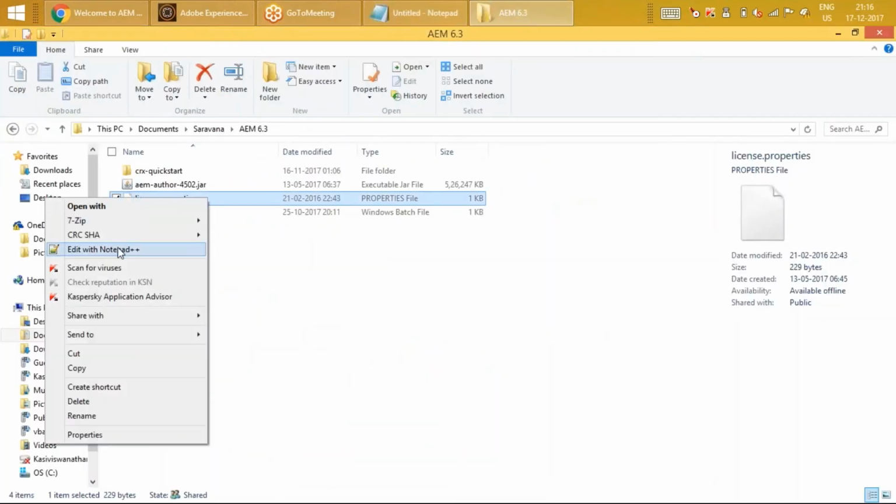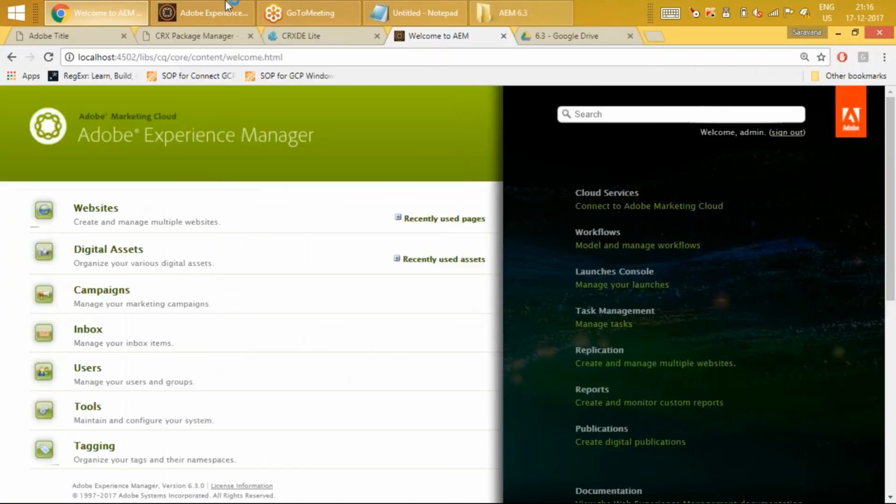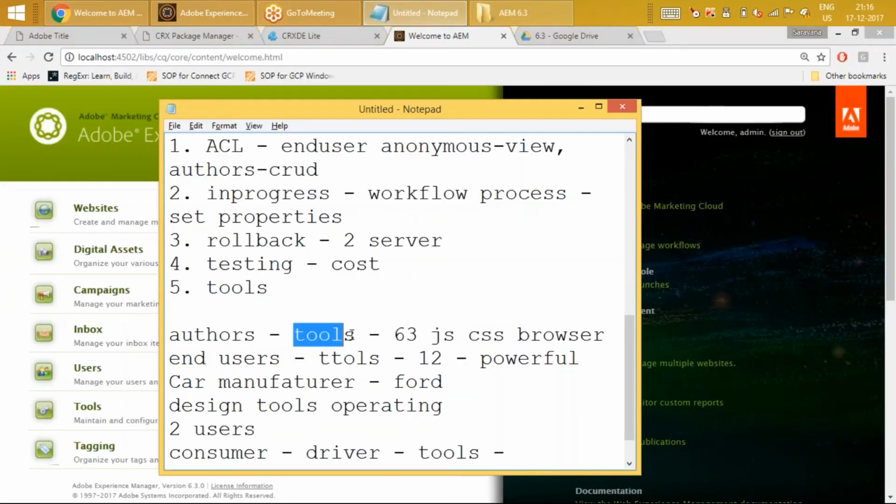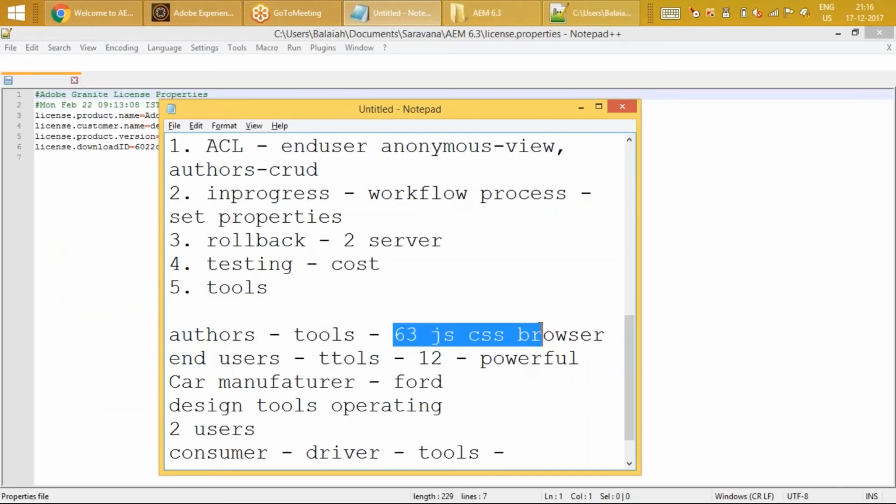So the software that is exposed for author and publish is completely different. Publish loads a lesser amount of software. That's the main difference between an author and a publish instance. All right.